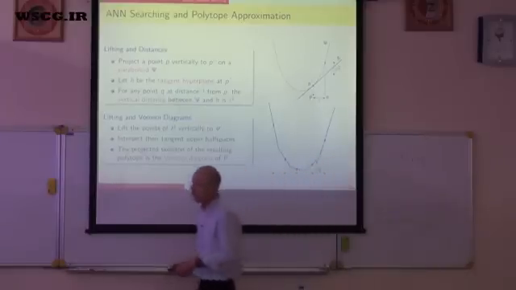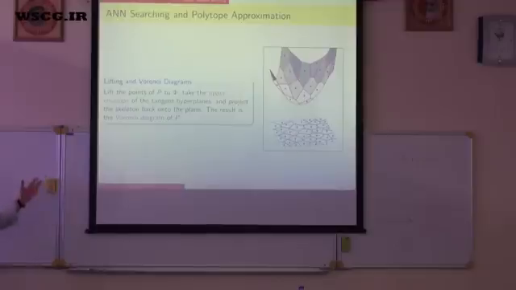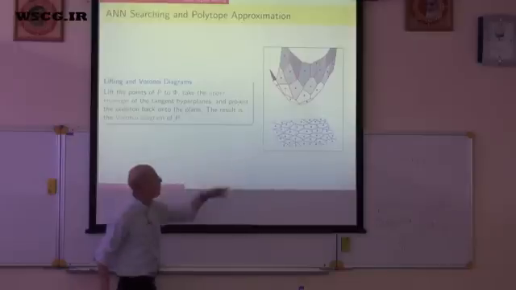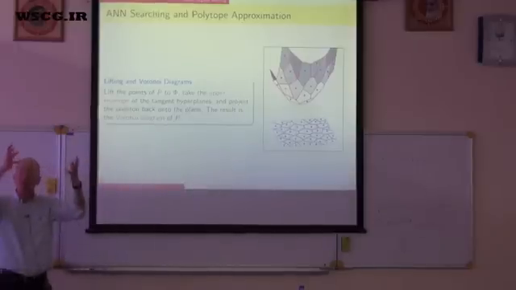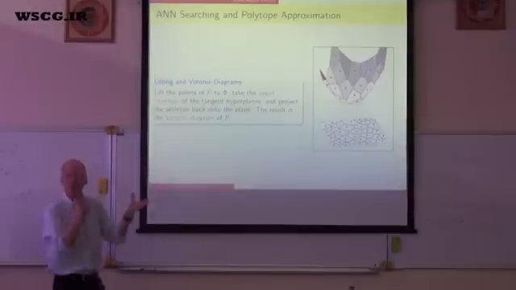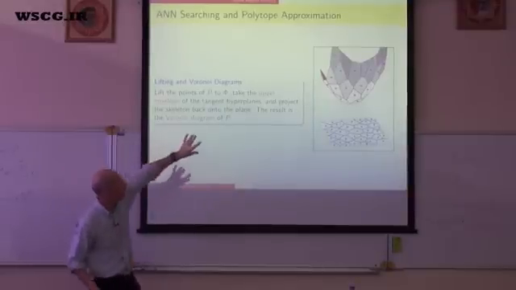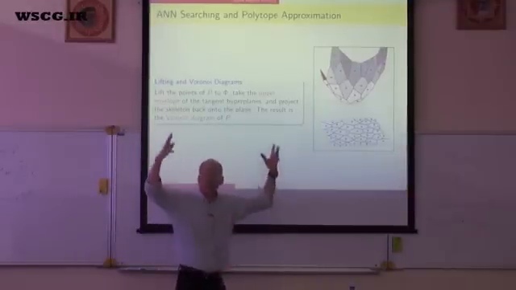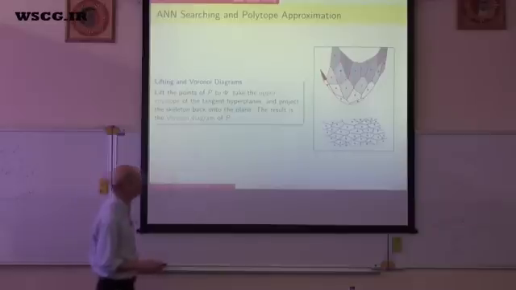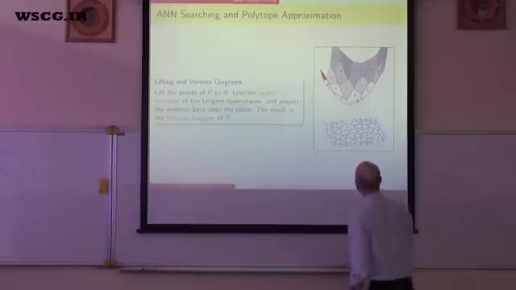In fact, here's a three-dimensional rendering of this idea. Here, my red points are the points in the plane. I've lifted them up onto my paraboloid. I build these tangent hyperplanes. I intersect these hyperplanes, and then I get this kind of infinite convex polytope. And if I have a query point, let's say a query point here,